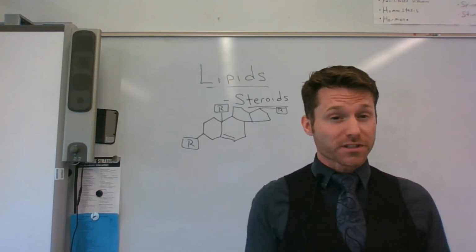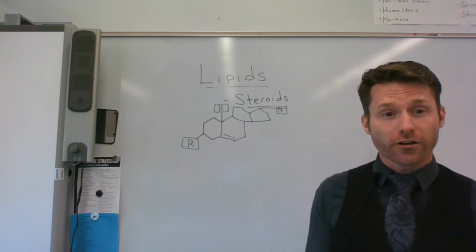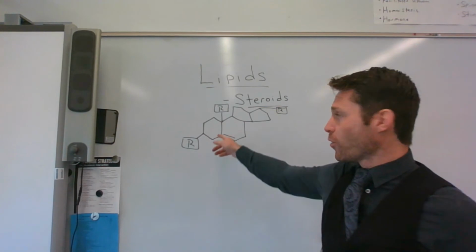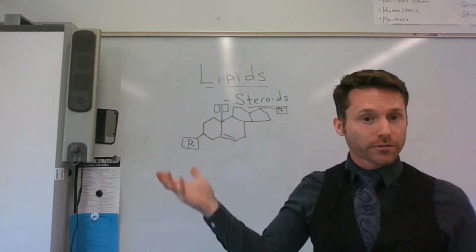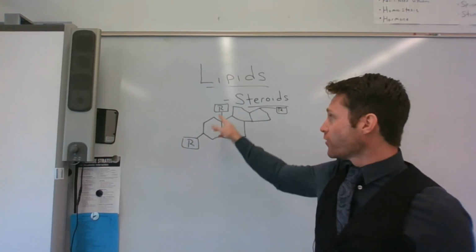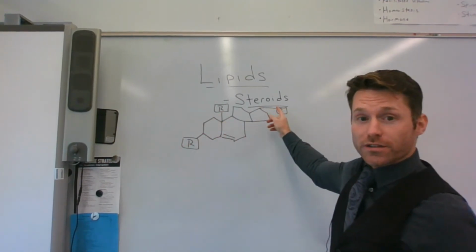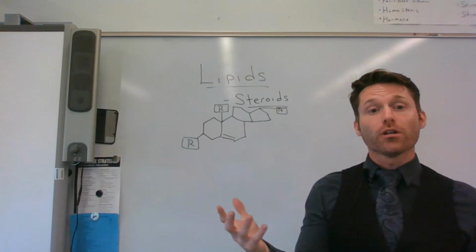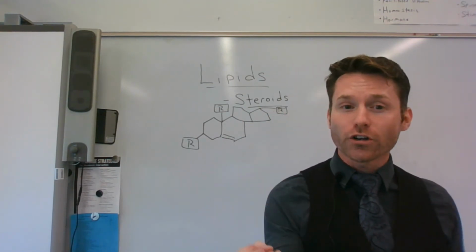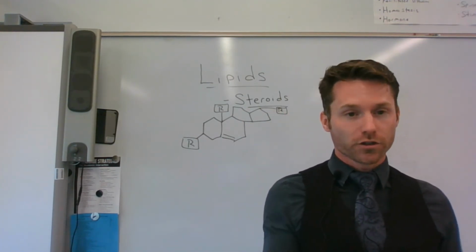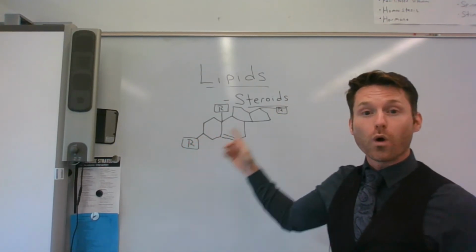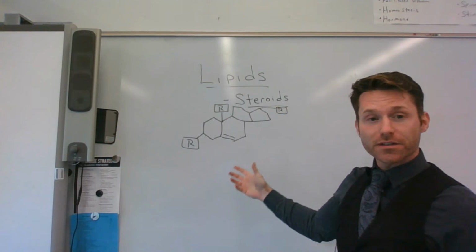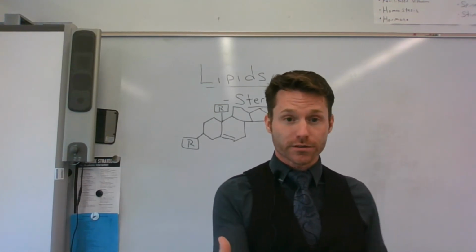Now this group is steroids, and steroids are characterized by these 4 rings. Right? This is the base of the steroid. Now these R groups, which are a representation utilized to demonstrate where functional groups are attached to molecules, are variable, and depending on what R groups you have in these places, you get different steroids.